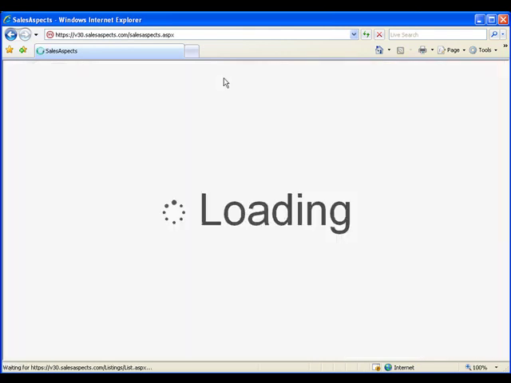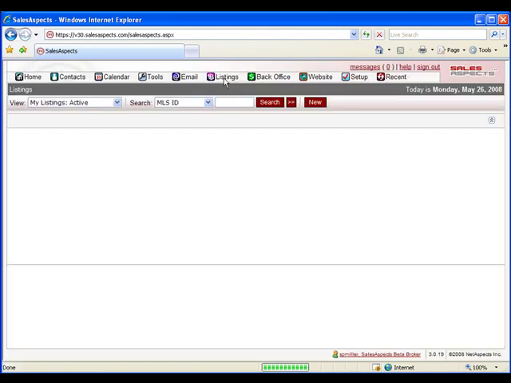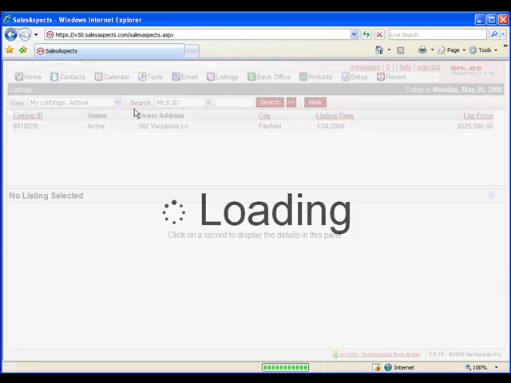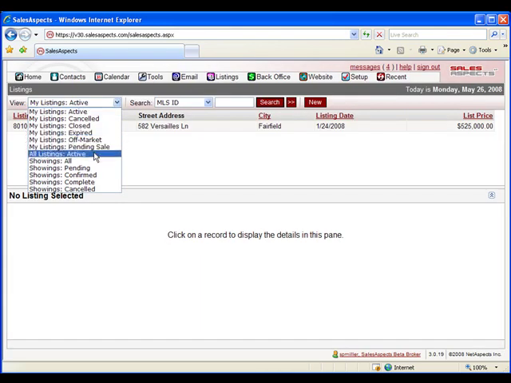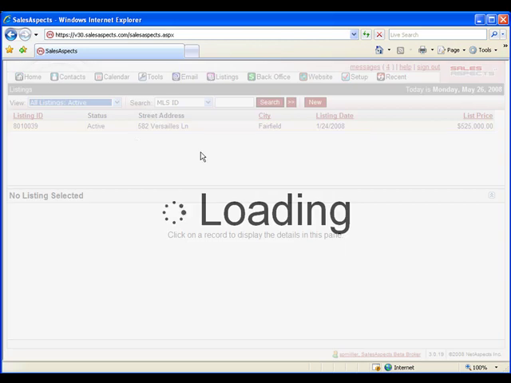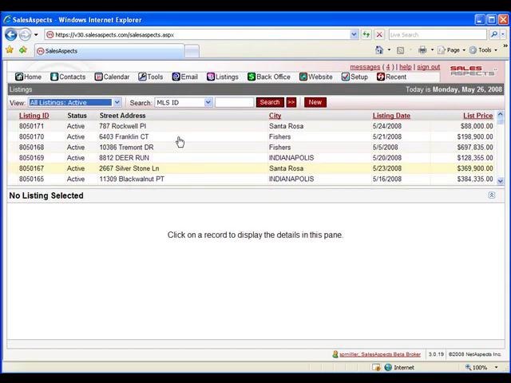Here, listings will show you your listing, so any current listing inventory you have if you're in real estate, as well as give you the option to pick up from the View menu company listings. So if you're looking for a particular listing or you want to find something in-house, you can go in here and pick up all active company listings. Again, this takes a little bit to load because we're running in